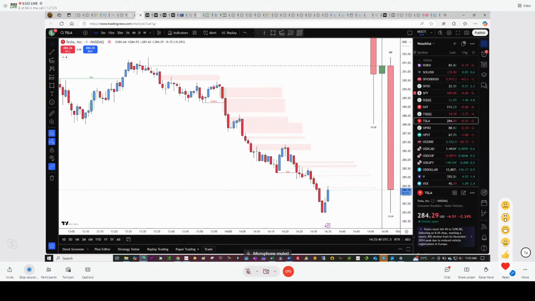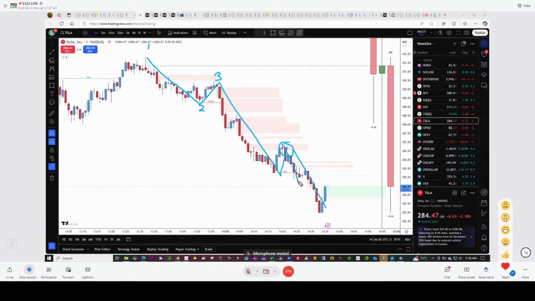Probably not. So there is our number 1 point. There is our number 2 point. This is almost identical to the NAS. So that whole move there is that 1, 2, and then we get this drop. There's a pullback that would have given you an opportunity, just like the NAS, to get in and continue. We've got another 1, 2 here. So this move is just a fake, and they're going to continue down and take out these lows. So again, once you start to see the pattern and understand it,